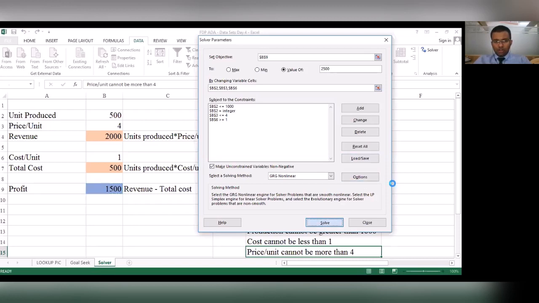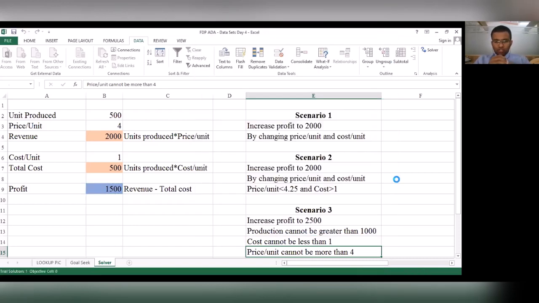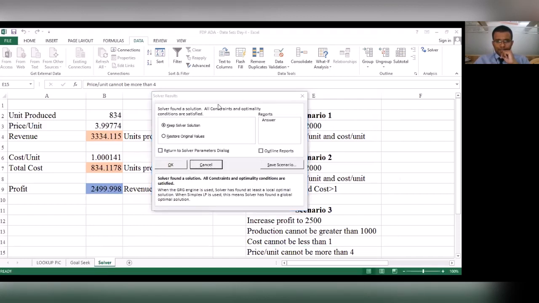Let me try and solve this and see what solver analysis gives me as an answer. I'm pretty happy some of you have already got the answers. Based on the response I got, the answer is almost the same. We can produce 834 units, and if you sell them at 3 rupees 99 paise,